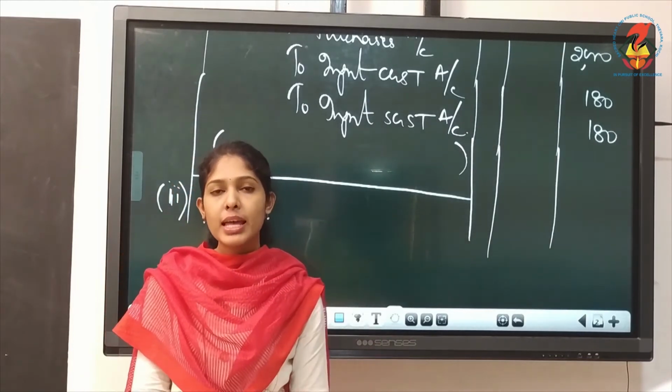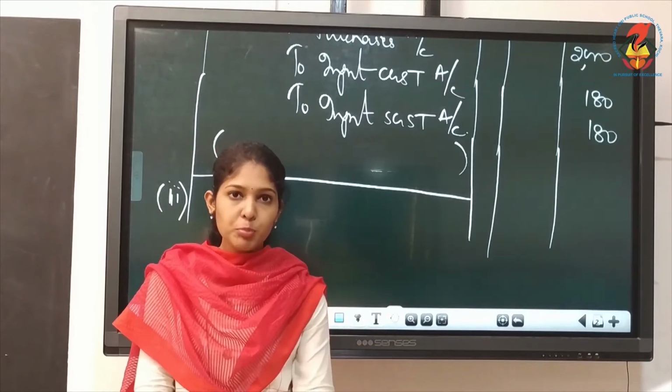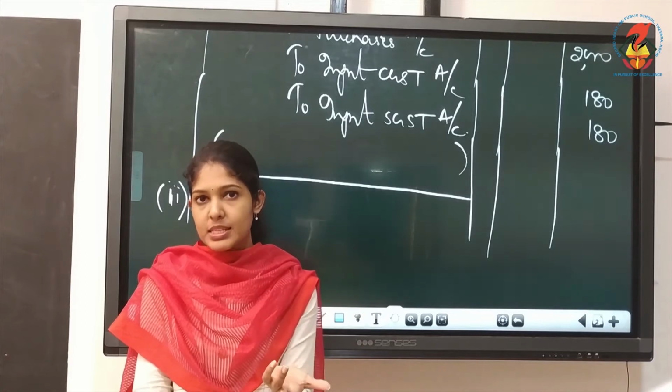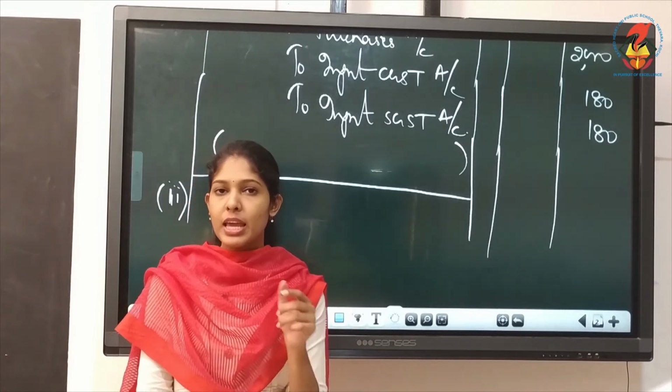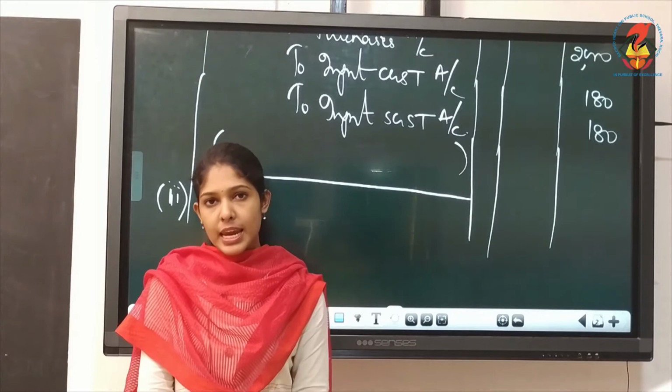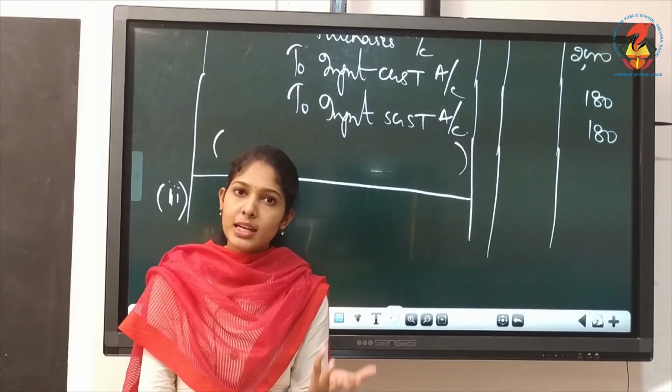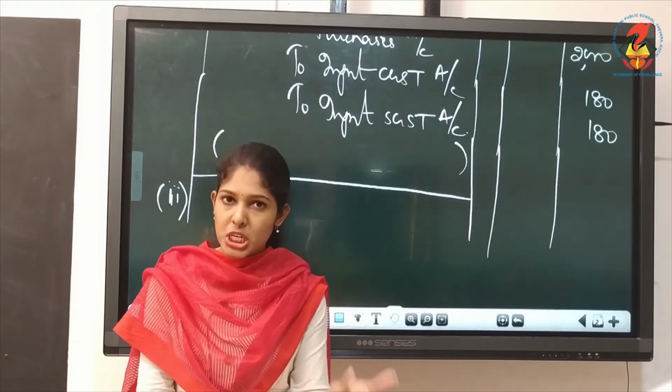Again, goods are given as sample, goods are moving out. Input GST you will have to credit just like this. It is given as sample, which account will you debit? We have discussed this before. It is the advertisement account. Goods given as samples is a kind of sales promotion technique.